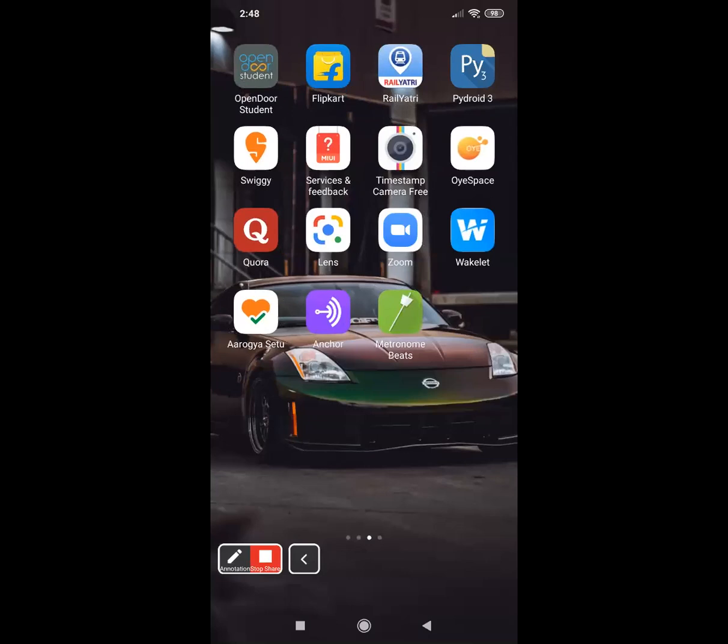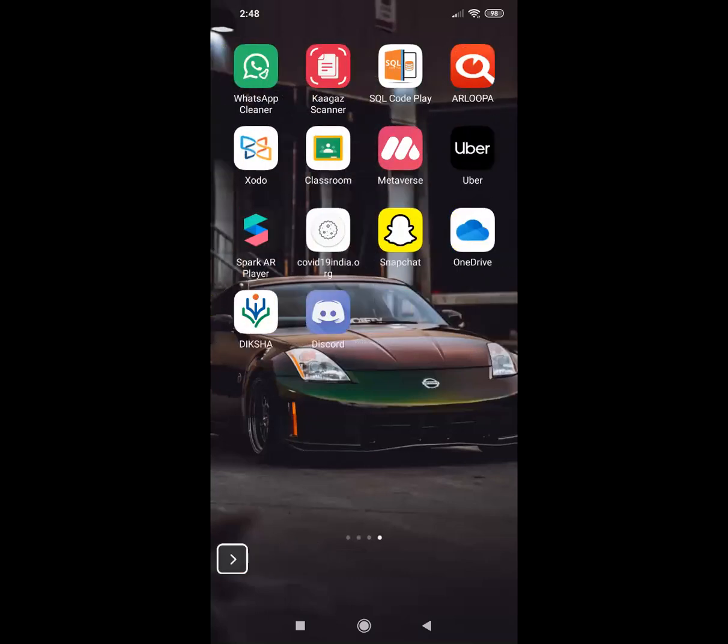I will start with my screen share, and I'm doing it from the phone because I wanted to show you the process as you are actually going to do it, because you will create the PDF file from the phone itself, isn't it? Like in a particular video I had shown you using the Kagaz scanner how to create a PDF file. I have already created and stored a PDF file so that I can assign it and show it to you faster. Okay. So let us start.